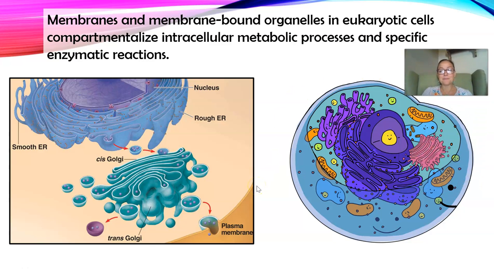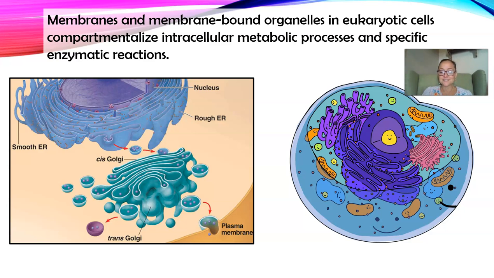So membranes and membrane-bound organelles in eukaryotic cells compartmentalize intracellular metabolic processes and specific enzymatic reactions. So basically, when we look at our different membrane-bound organelles, as well as the location of membranes, they all have their own specific jobs, and it helps to organize the different metabolic processes occurring within cells. For example, the functions of a lysosome will be very different than that of a Golgi or mitochondria. So it helps to